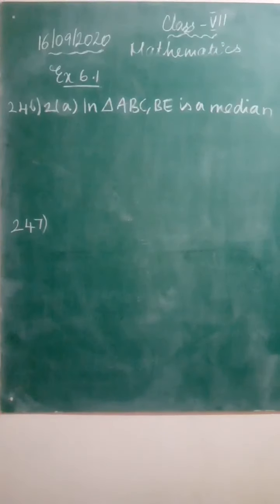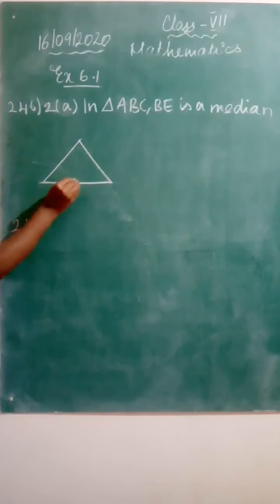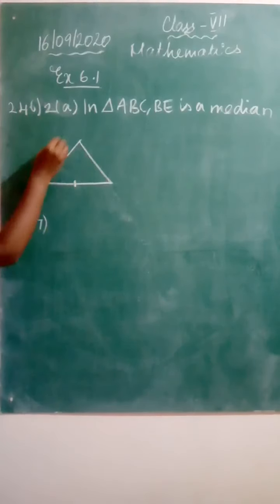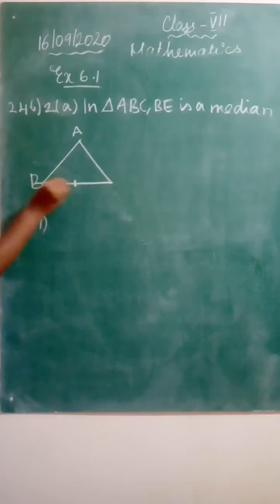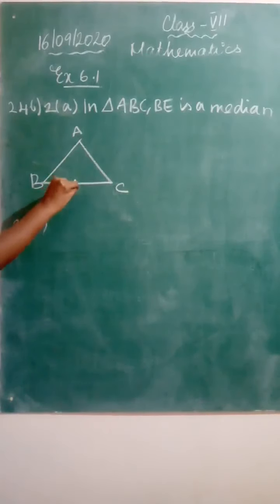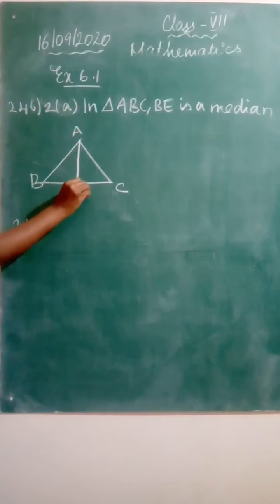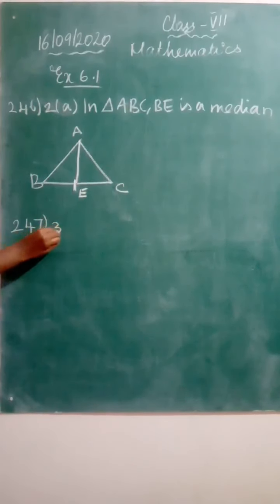So now let us look at the second question. In this question you have to draw a triangle ABC with a median. Okay. So draw a triangle and then take a midpoint on any of the sides. For example, if this is A, B and C, take the midpoint of BC. For example, if this is 6 cm, then take a point at 3 cm and connect this A with this point, and this is E. So AE is the median.